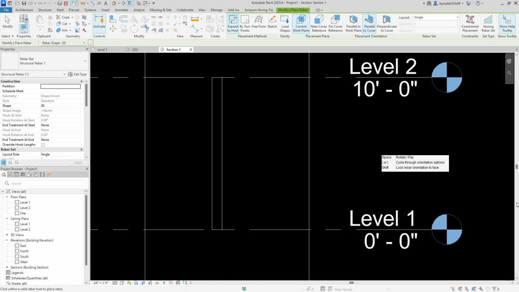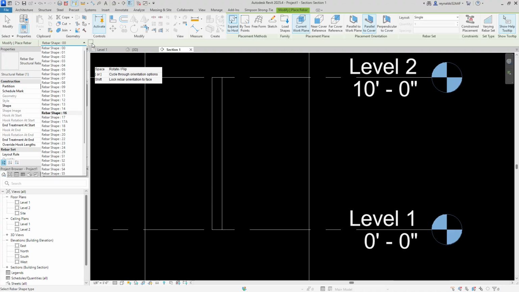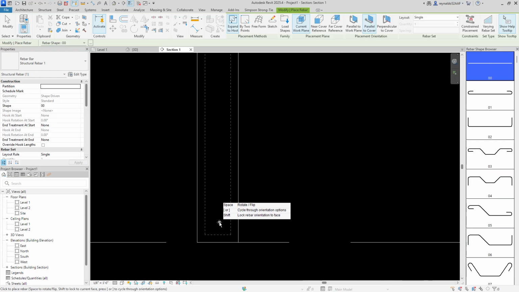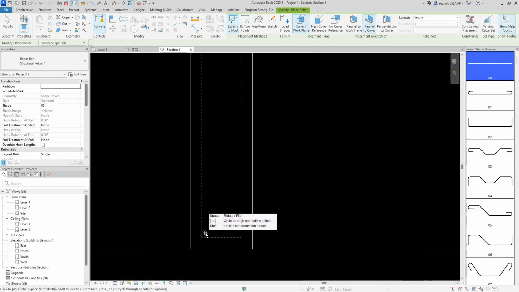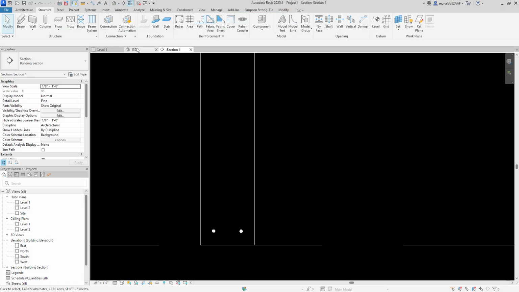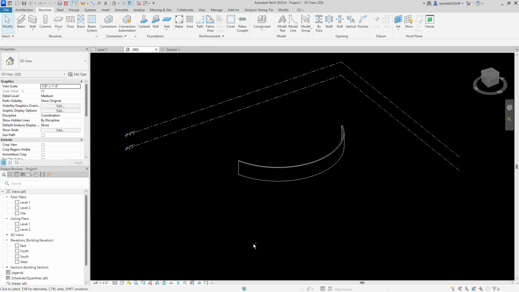We want to be able to see what options we have. So just press, you can either do the drop down menu here or just press the three dots here. And then we'll choose the individual horizontal rebar. And we'll drop one there. And we'll drop one there. Now, if we were to go to our 3D and see where it's at,